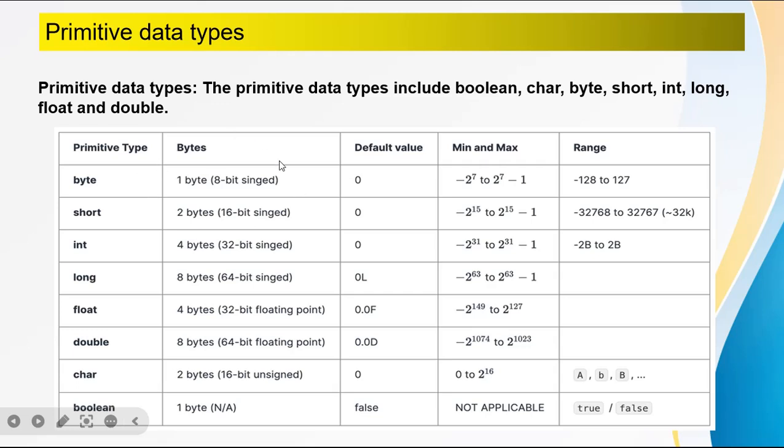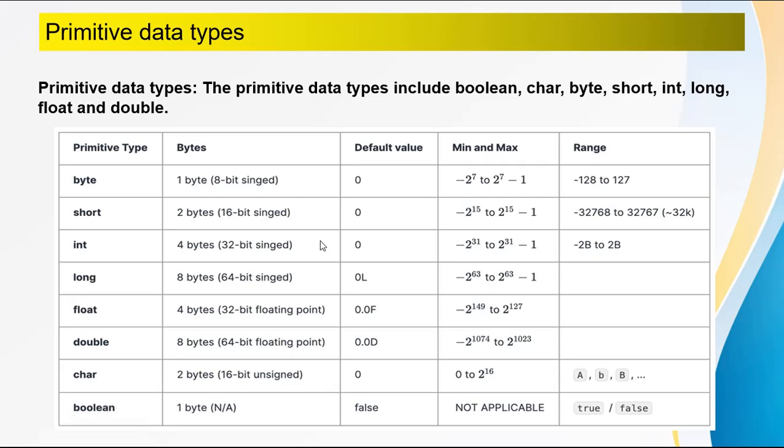Okay, so these are the primitive data types and their ranges. Now I think you can understand this range. Don't focus on the very complicated things in that range. We just need to understand the range. If I have a byte data type, and the variable's value is 128, it is above the range, so it will not be accepted. So we need to understand only these things. Don't focus on the minimum and maximum range calculations.